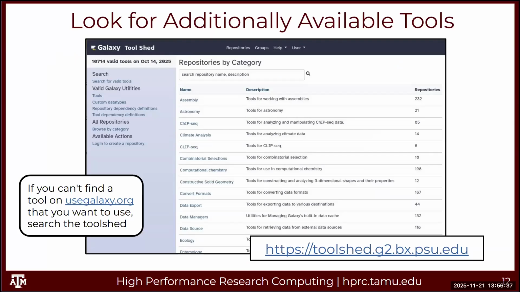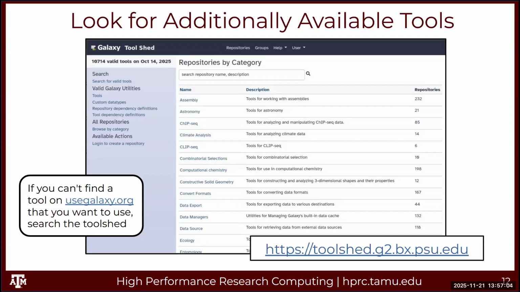Some of the tools in this Toolshed are not on usegalaxy.org, and they're not on our Maroon Galaxy, but they are in the Toolshed. If it's a recent tool, some tools may be old, we may have some difficulties running these tools in Galaxy, but we can still install and test and try it out. But for the most part, if you see something in here, or if you see some tool online